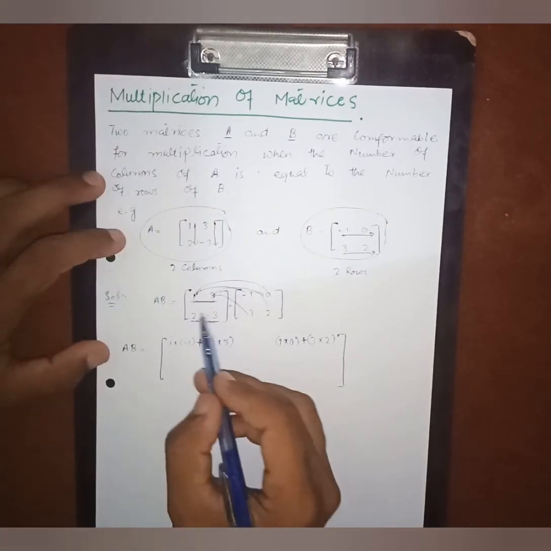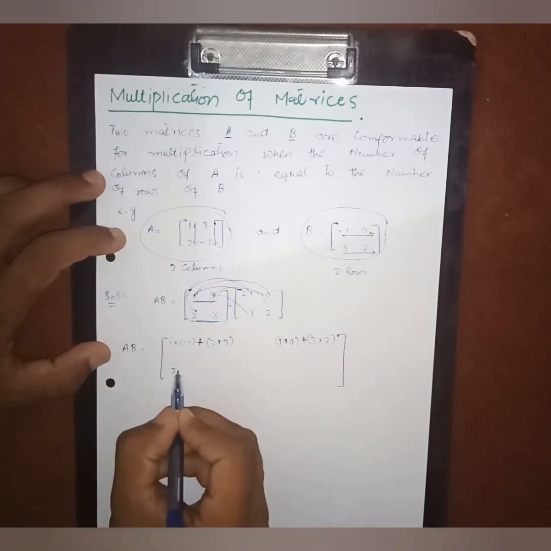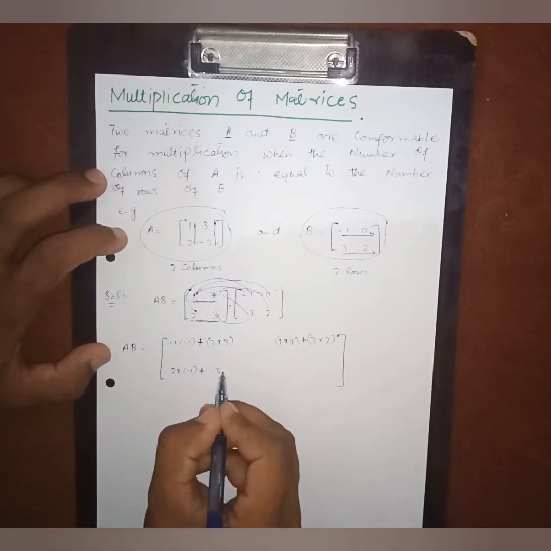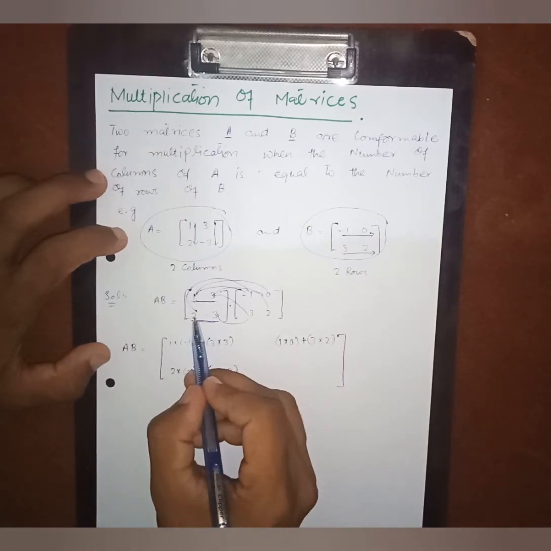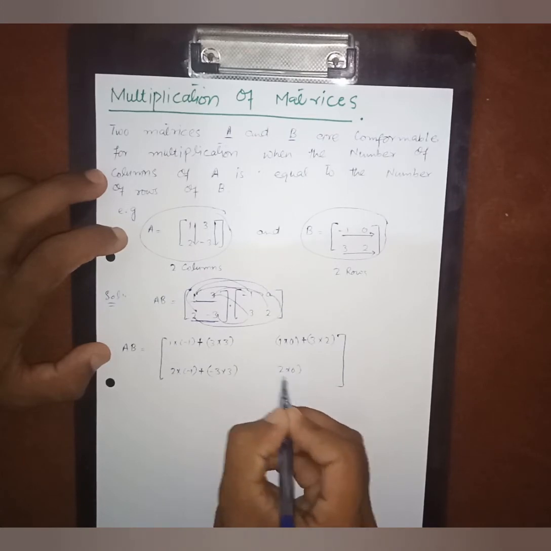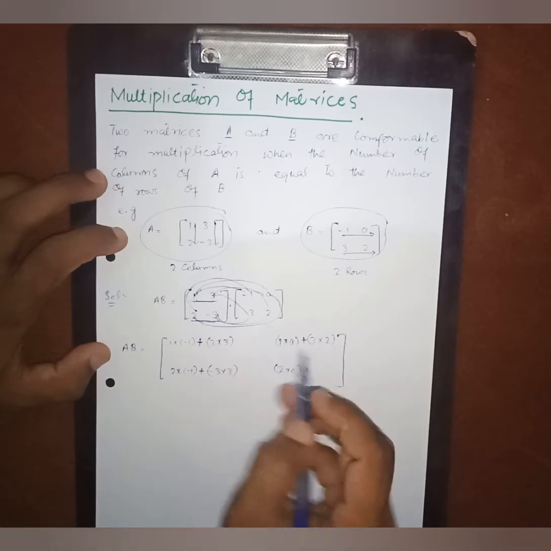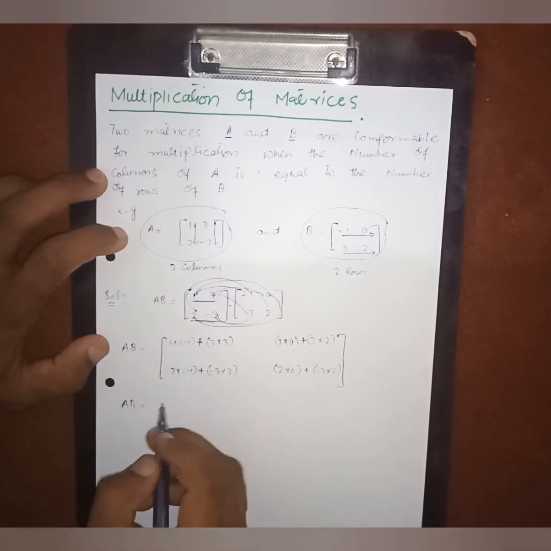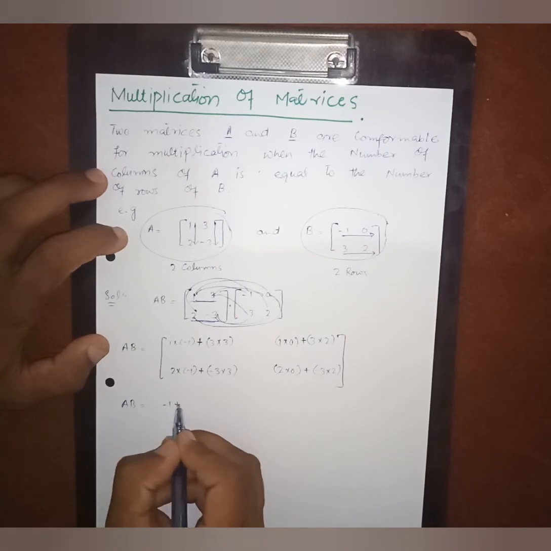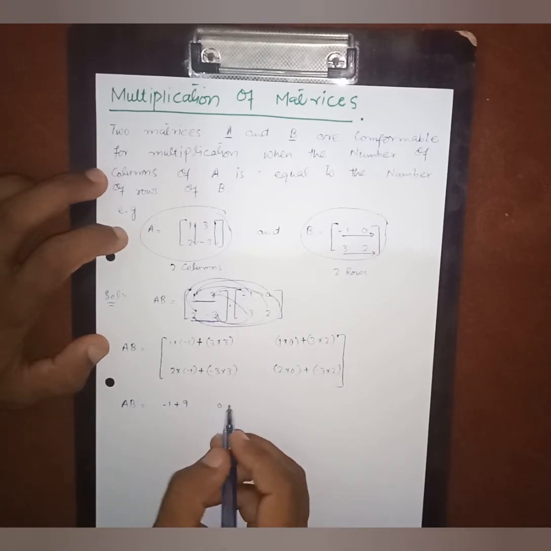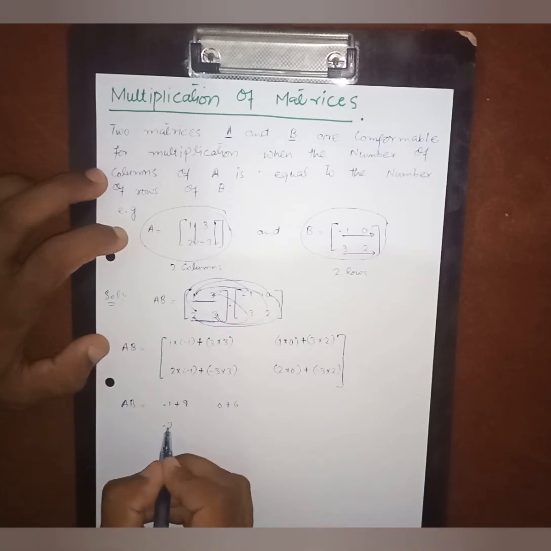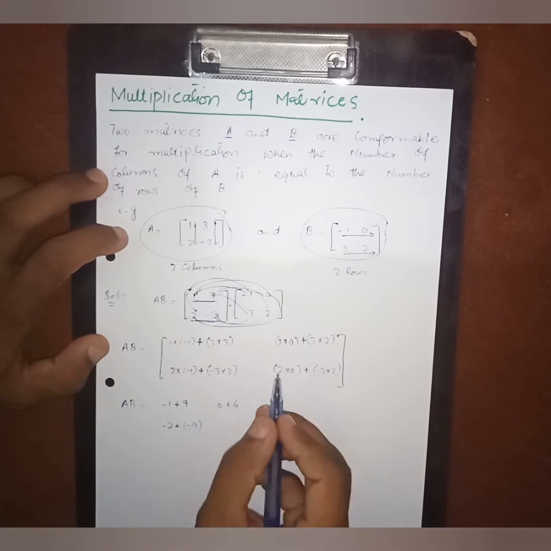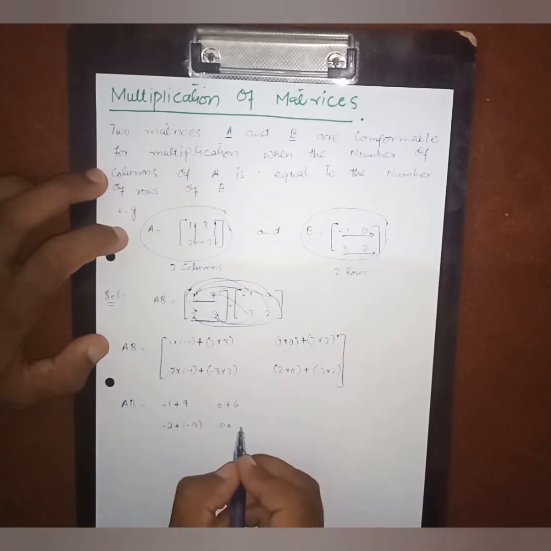Just the same: multiply 2 with minus 1, 2 multiplied by minus 1, addition sign, and then multiply minus 3 with 3, minus 3 multiplied by 3. Again multiply 2 with 0, 2 multiplied by 0, addition sign, and minus 3 multiplied by 2. Now simply solve this. 1 multiplied by minus 1 gives minus 1, plus 3 multiplied by 3 is 9, 1 multiplied by 0 is 0, plus 3 multiplied by 2 is 6. 2 multiplied by minus 1 is minus 2, plus 3 times 3 is 9, but it is minus 9, 2 multiplied by 0 is 0, plus 3 times 2 is 6, minus 6,